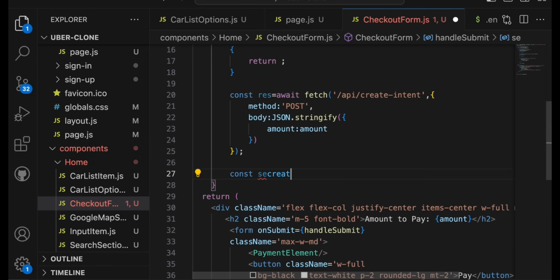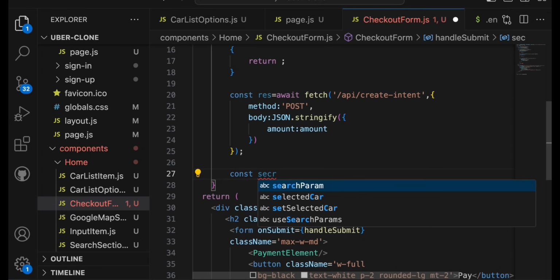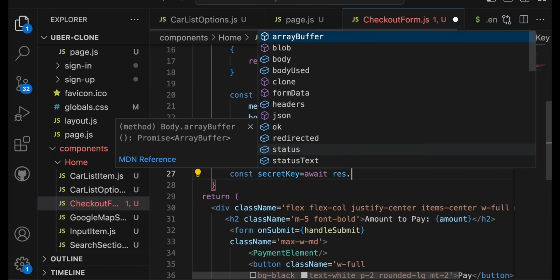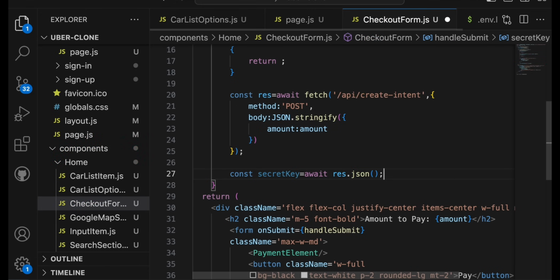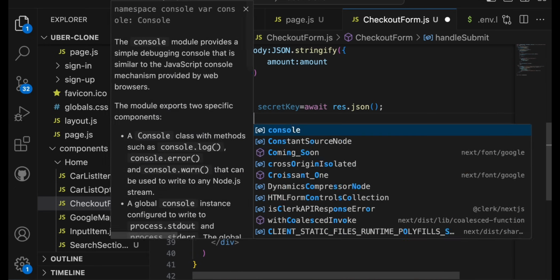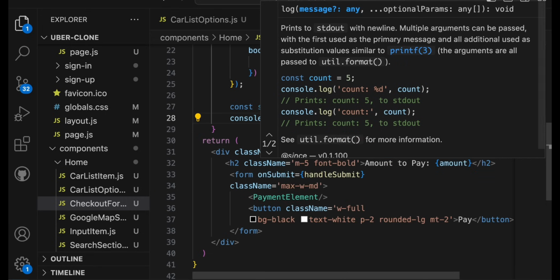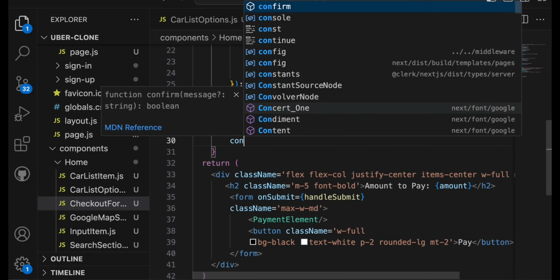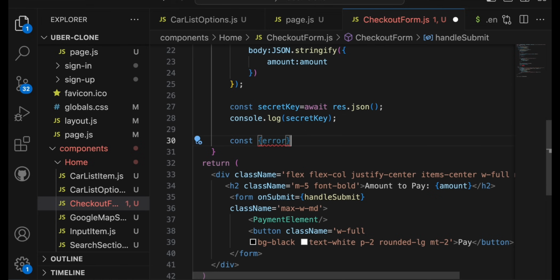So we'll get the secret key, which is equal to await response.json. This will return only the secret key, and we'll save it in secret. Once we have the secret key, we'll just console log it for now. And then once the payment is confirmed, we'll handle the error if there is some error, and